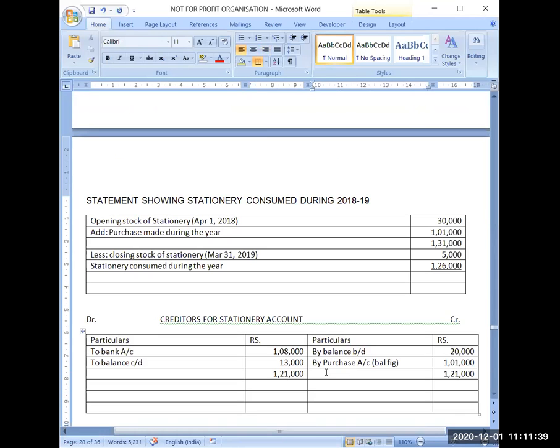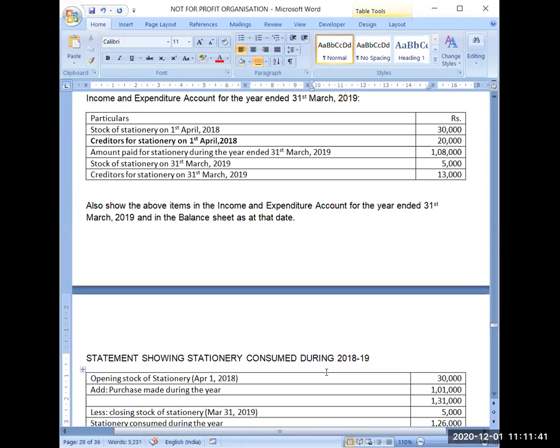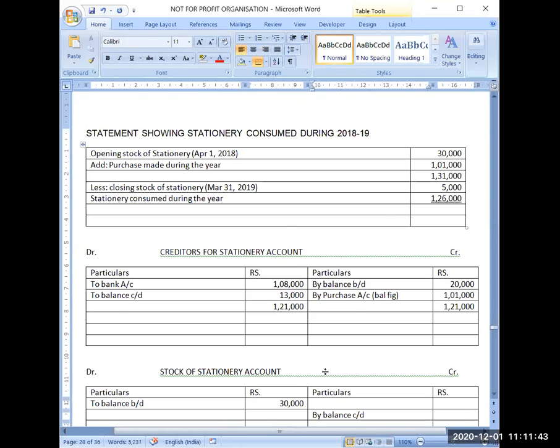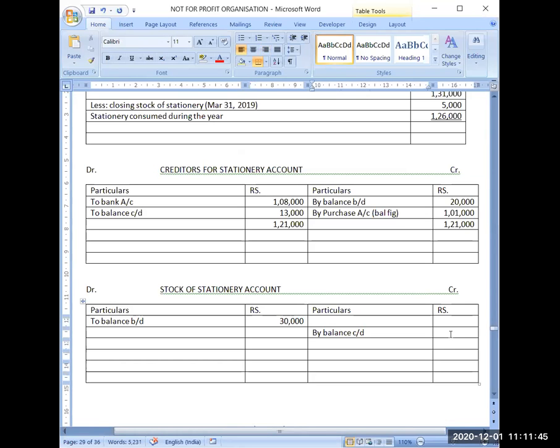So closing balance of stationery is 5,000. And whatever we have purchased, here the entry will come to